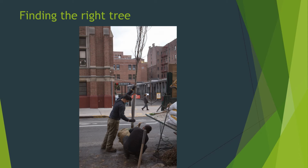Once a tree bed is found, the kind of tree, called the tree species, has to be chosen and the tree purchased. Choosing the tree species includes factors like the tree's height, if there are wires overhead, or if the tree bed is likely to be flooded in storms. The Parks Department generally requires that the tree chosen will grow as large as the site will allow for maximum environmental benefits. New street trees for planting have to be between 2.5 and 3.5 inches in diameter, measured 6 inches